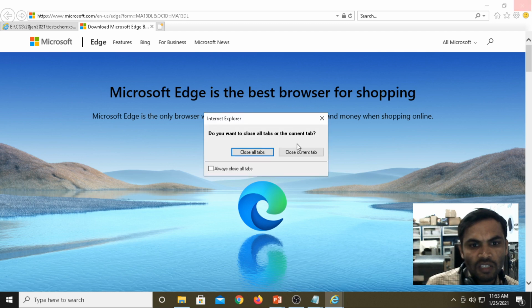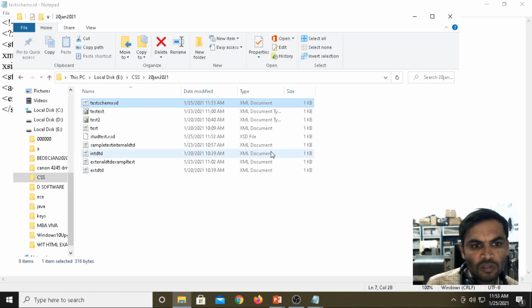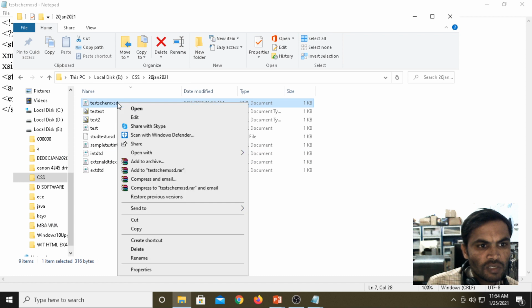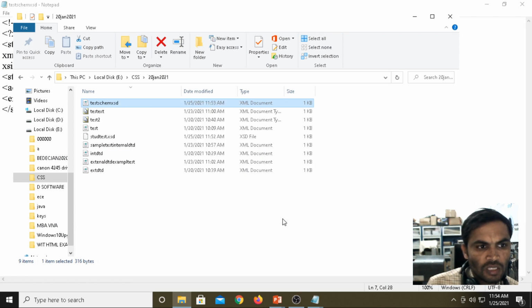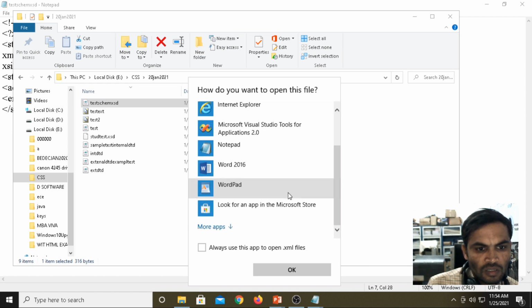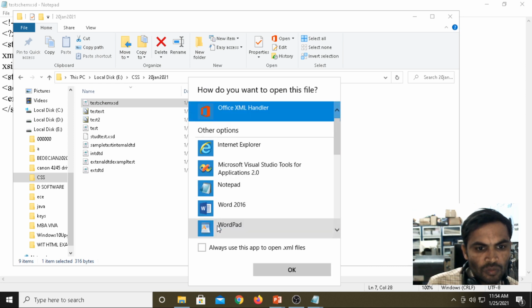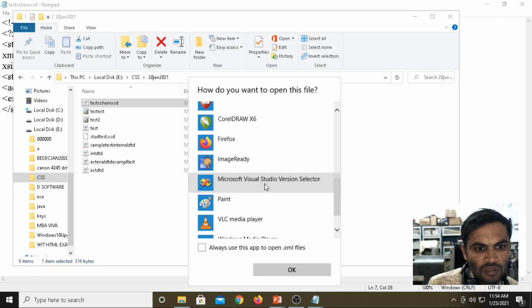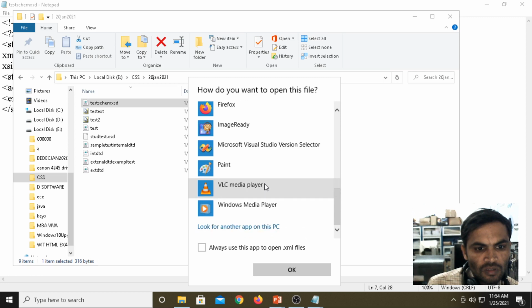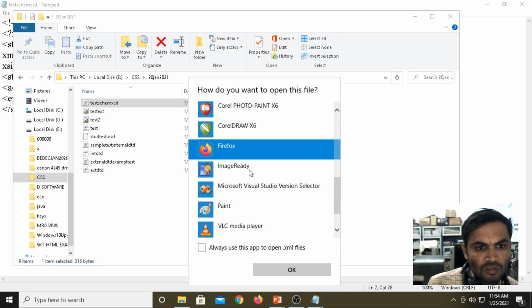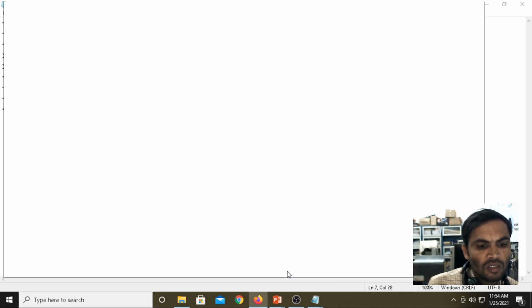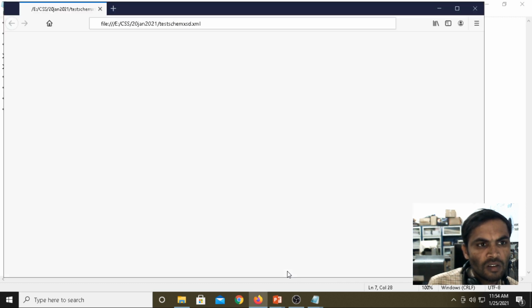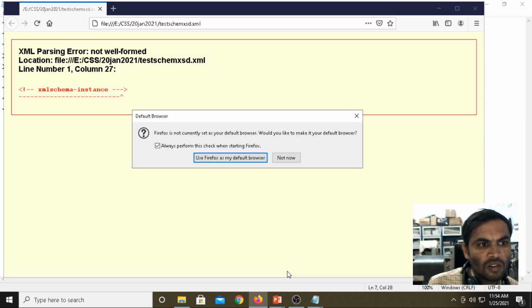We can also run it with the help of Chrome. We can check with open with, choose other, more apps, and check with Firefox. XML schema instance.